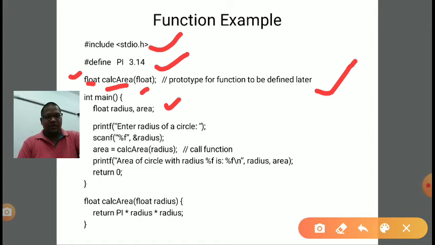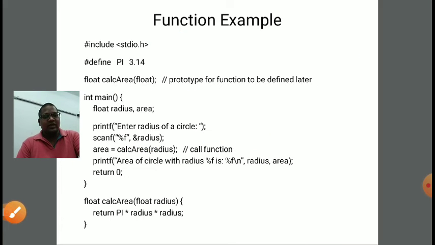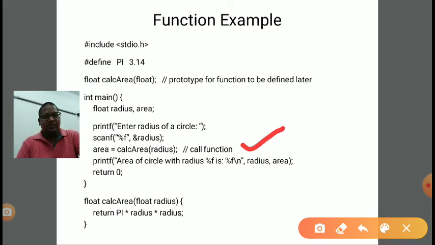Now in main we declare some variables, radius and area. Radius is input, area is output. Here we take the input from the user with the help of the printf message and scanf. After that we have written a line: area equal to calci_area, in brackets radius. Here calci_area is the name of the function.